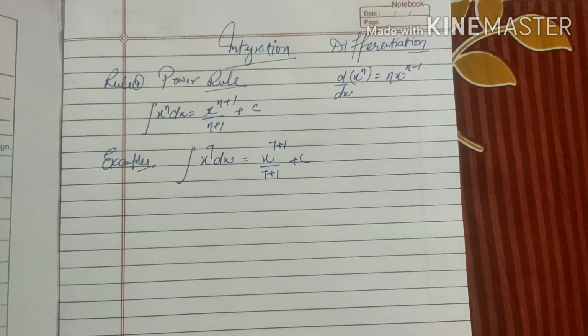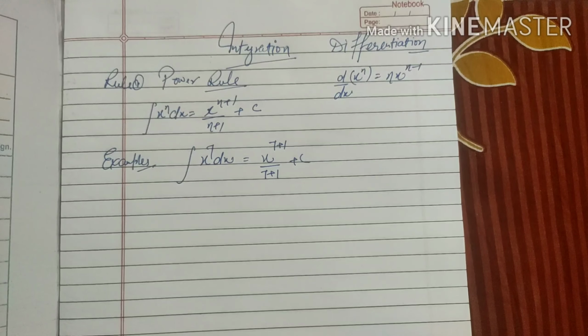Today in this lecture we are back with a new topic of class 12th, that is integration. In the previous class we have done differentiation. In 11th class differentiation, the first rule is the power rule, d by dx of x raised to power n is given by n x raised to power n minus 1. Integration and differentiation are reciprocal of each other. Differentiation means break them into small parts. Integration means join them to make a bigger part.